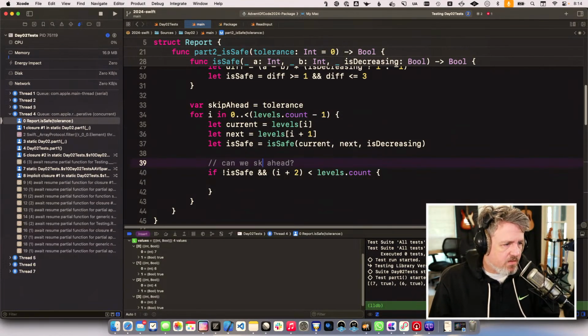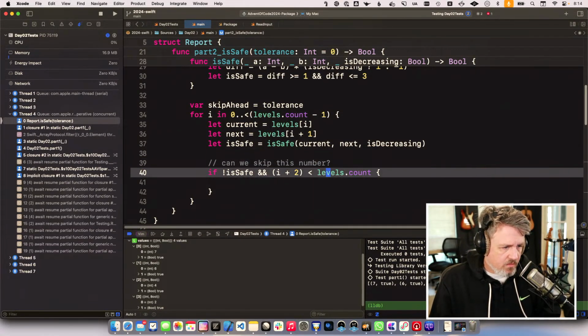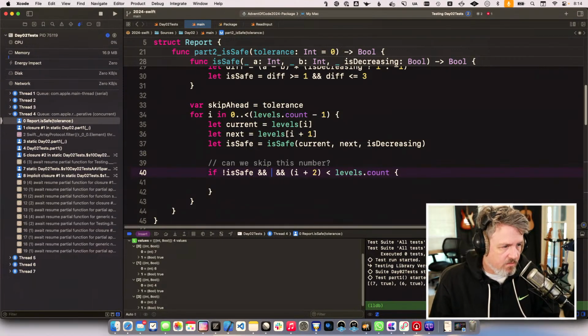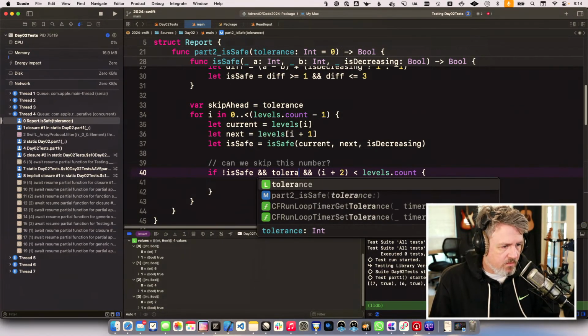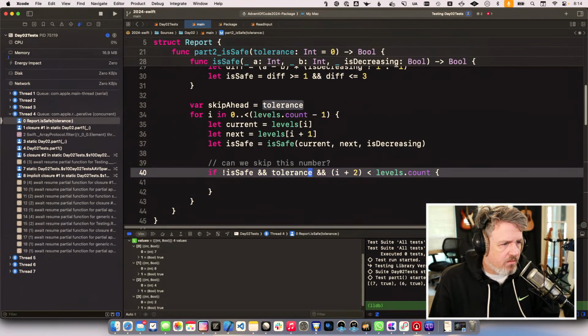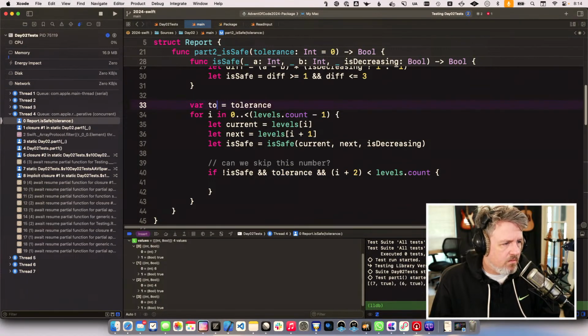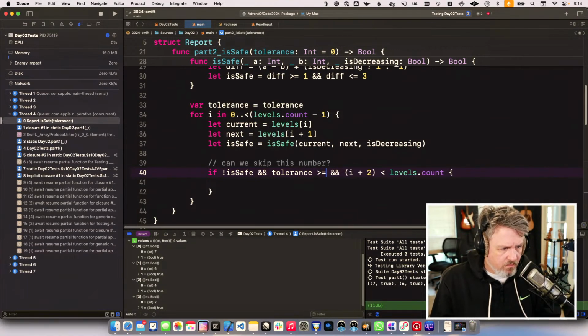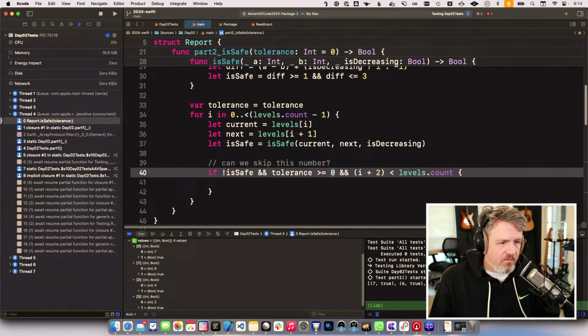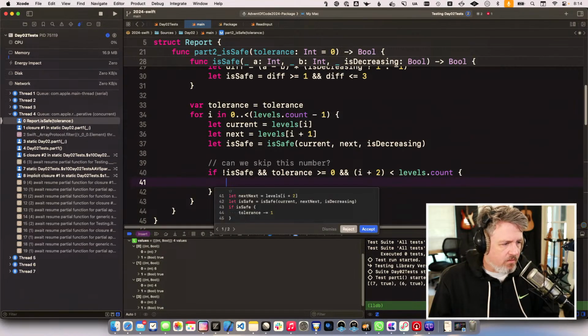Let's see, can we skip this number? So then this is going to be if we're not safe, and our, let's just use tolerance here. I thought maybe I would use that in a different way, but tolerance greater than or equal to 0, and we're not at the last element in the array, then we will